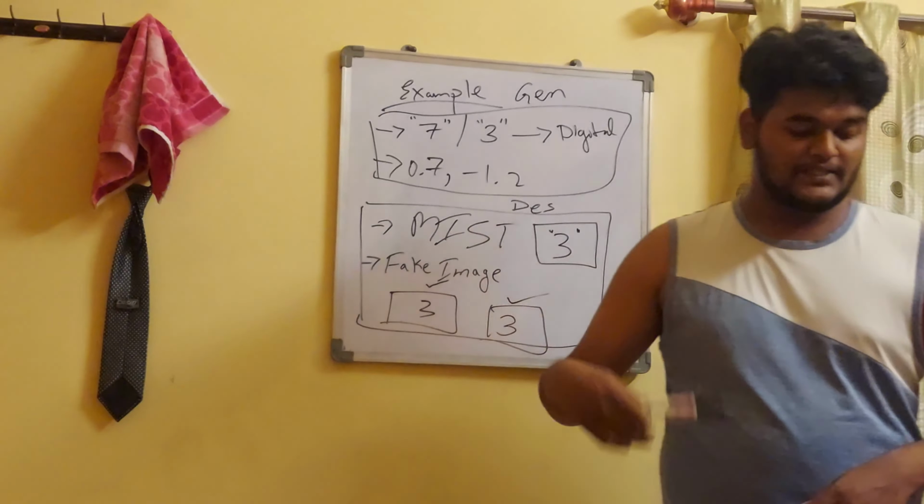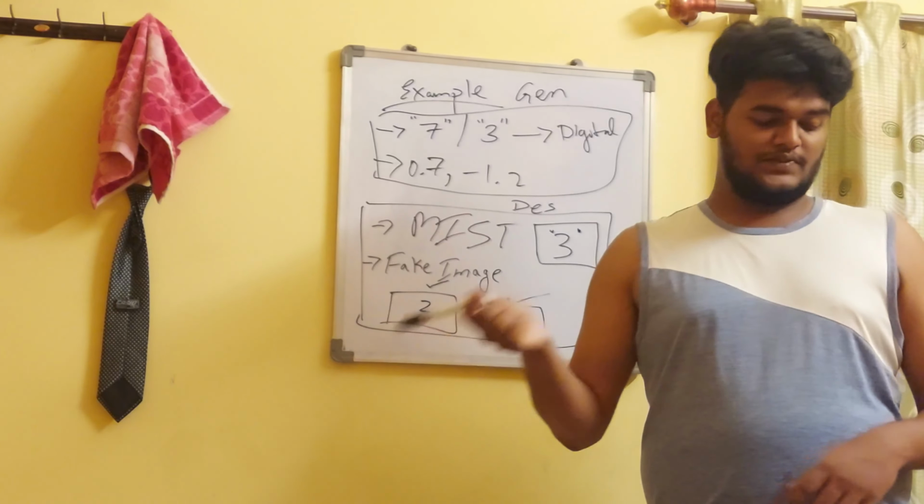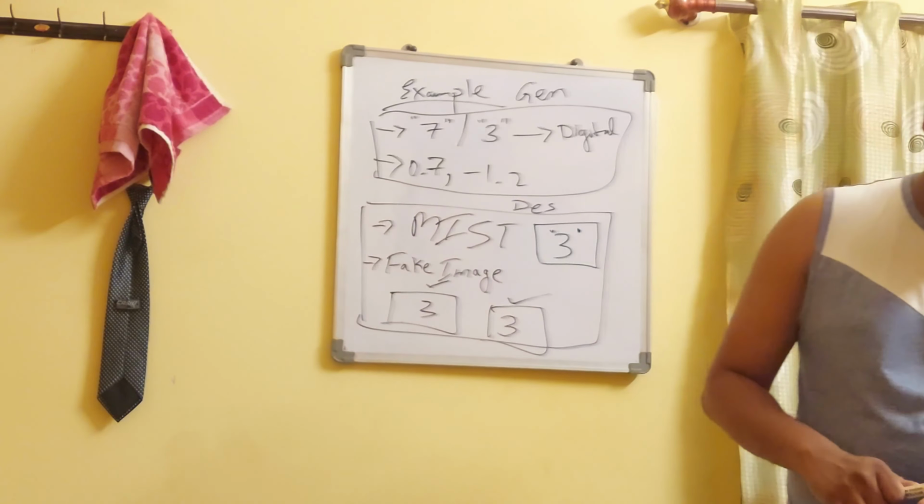The next thing: training a GAN can be tricky, because if the discriminator wins too easily, the generator can't learn. If the generator becomes too strong, the discriminator can't learn. So the balance is important while training a GAN network. So, the summary: what did we understand? We understood that